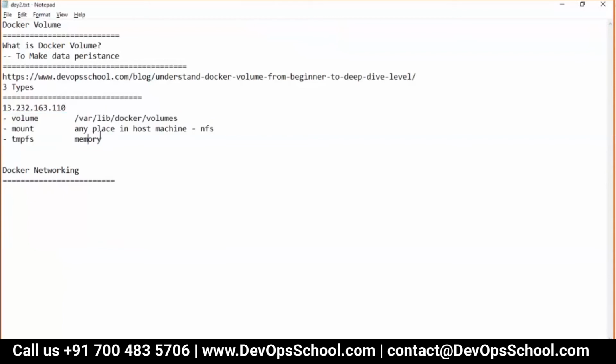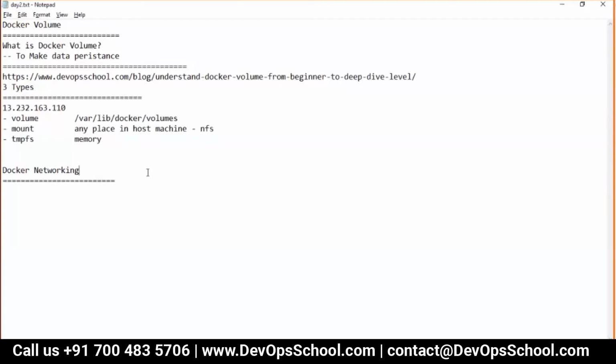Let's say you don't want to store it across hosts. Maybe the data is not so important, but it should be there on the same host. Even though the container is lost, the data should be there. In that case you can use this one. So they have given you all the options, right? For example, you store data in your laptop, but you also store it in Google Drive, and also on some flash drive. Why do you store on the flash drive? Because you think if my laptop is lost, stolen or destroyed, I will get it back from the external drive or Google Drive, right? It's like this. Got it?